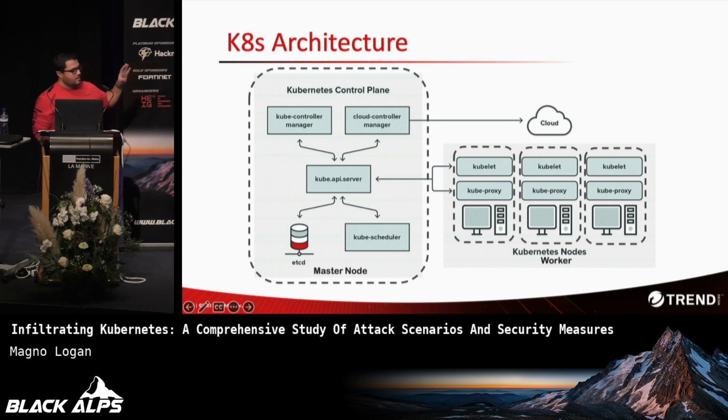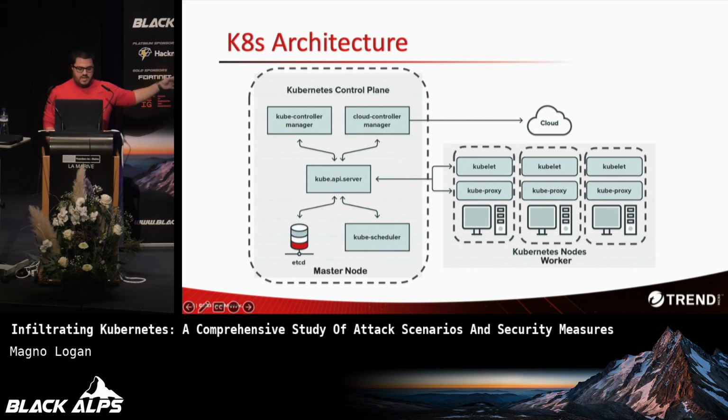So, as you can see here, in the center of the control plane, there is one main component called the Kube API server. And the Kube API server, as the name says, is a REST API server, right? It's responsible for exposing and receiving all the API calls for the cluster. And as you can see, it's a central component because it talks to all the components from the control plane and also with the components from the worker nodes.